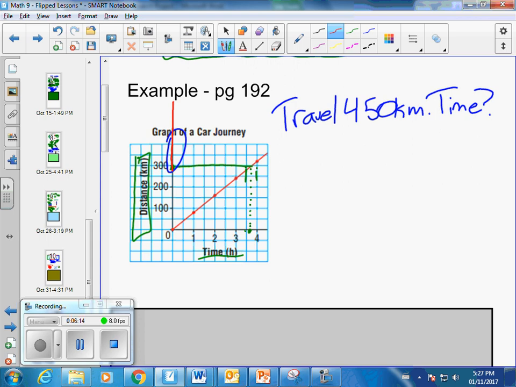If it's easier for you, you can rewrite it in your notebook. And then I'm going to simply make marks. So this is 350. This one's going to be 400. Okay, I'm going to go up a little bit more. That's going to be 450. And then 500. I also have to extend this line as straight as I possibly can,